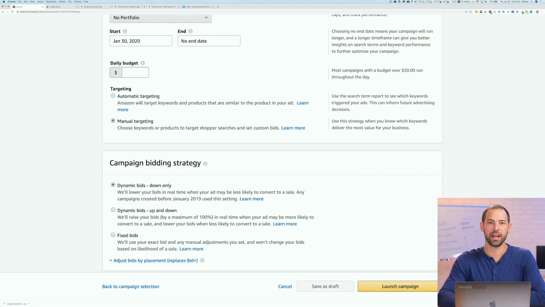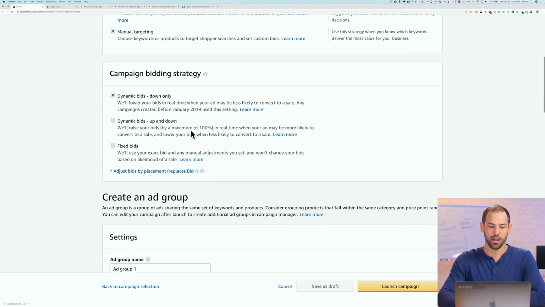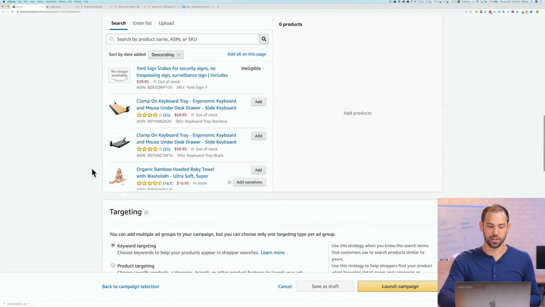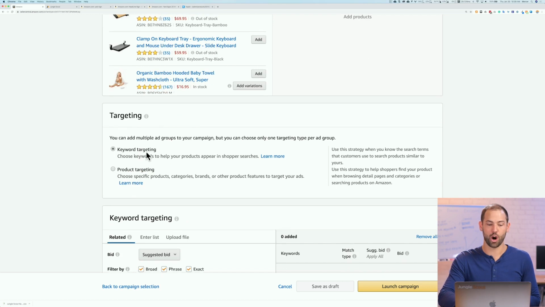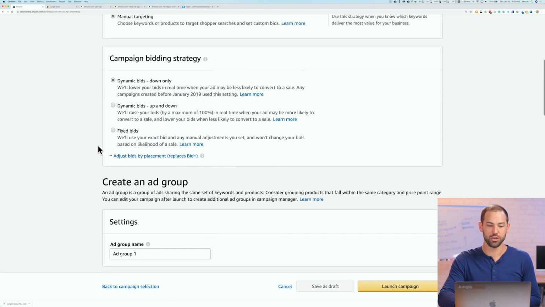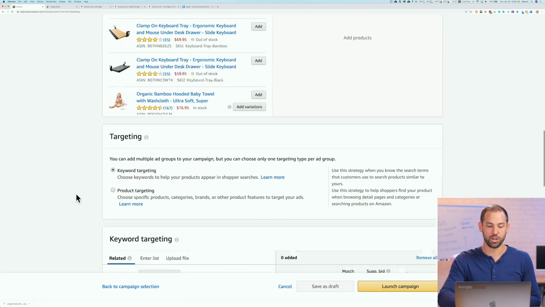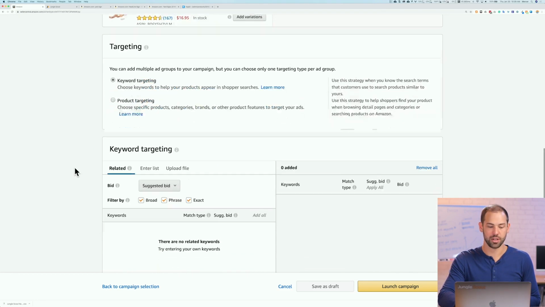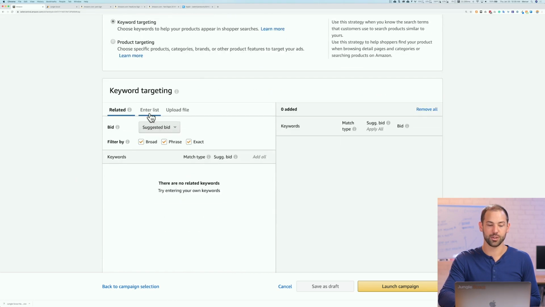Now, manual campaigns are a little bit more advanced. They take a little bit more work to set up. In these, you're going to choose whether or not you want to target certain keywords or target certain products, which is really products or categories or brands. The top one's the most common, is what most people use, but we'll talk a little bit about product targeting as well. So if you've chosen manual and you choose to target keywords, you're then going to enter a list